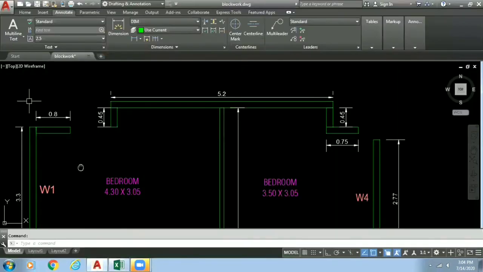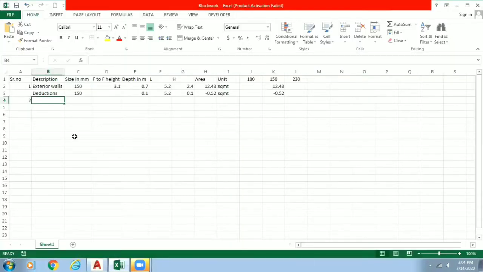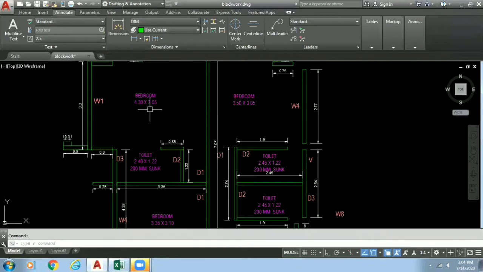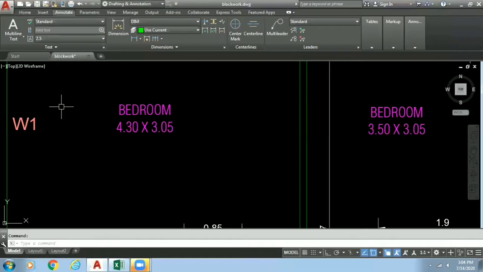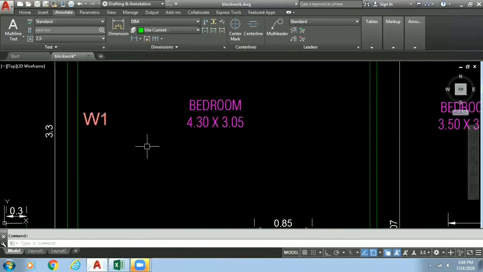For example, if I am taking this wall in bedroom, so in description I will add bedroom, or I will say master bedroom, also specify size because this one is also master bedroom and this one is also master bedroom. So I will specify sizes 4.3 cross 3.5. This will be more specific and there won't be any kind of confusion if you refer to your quantities much later in the project as well.